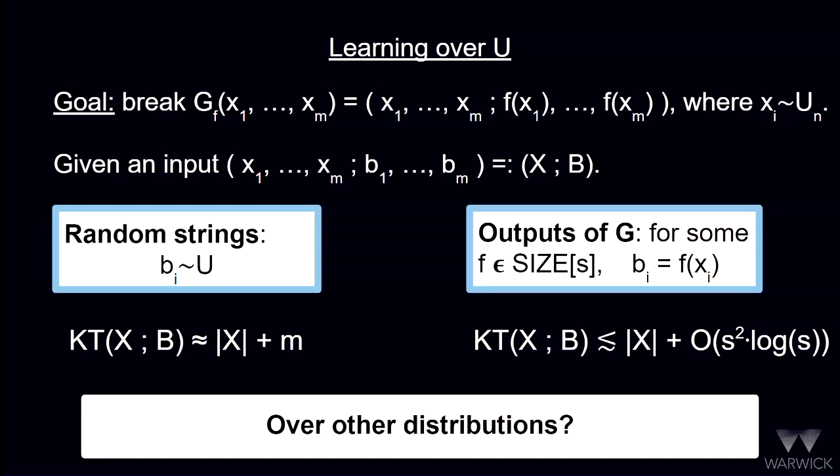Okay, but even looking past that, even if we are able to get some difference in KT complexity between the two cases, which we can, in analogy with a natural property, we've only assumed easiness of KT over the uniform distribution. So now, with xi's coming from some other distribution, our inputs are coming from another distribution, and there's no reason to think our heuristic will work anymore at all.